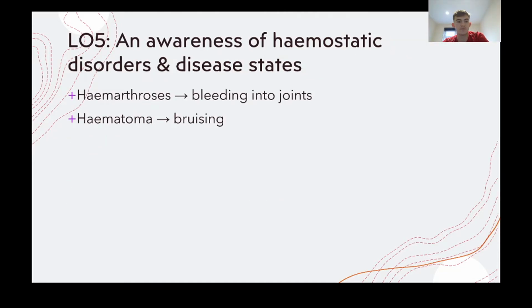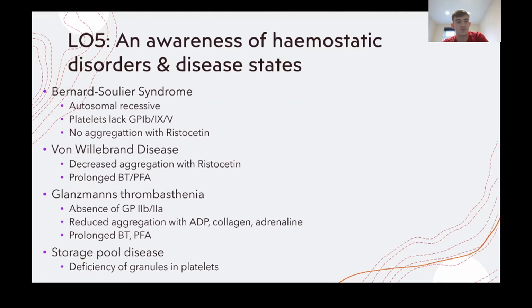Quick little definitions: we've got hemophilia, which is bleeding into joints. So hemo to do with blood, and arthrosis, so to do with joints and bones. And then we've got hematoma, which is basically bruising. So if we talk about some of the diseases that can affect you, we've got this Bernard-Soulier syndrome, which